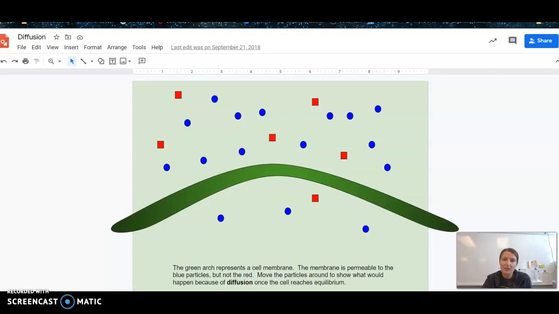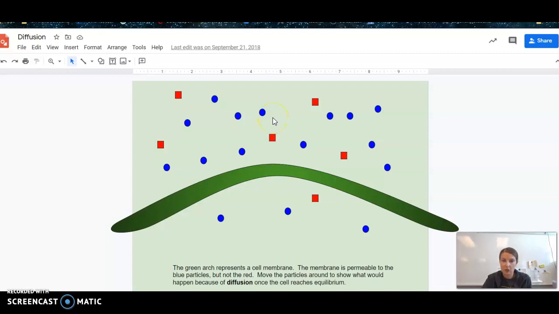Hi everyone, I just want to go over this diffusion assignment with you, just some instructions. So here is an image, and if you guys can pretend that this green arch is the cell membrane, this is inside the cell, this is outside of the cell. It says the membrane is permeable to blue particles, so these particles here, but the membrane is not permeable to the red particles. What I want you guys to do is move the particles to represent what happens when equilibrium